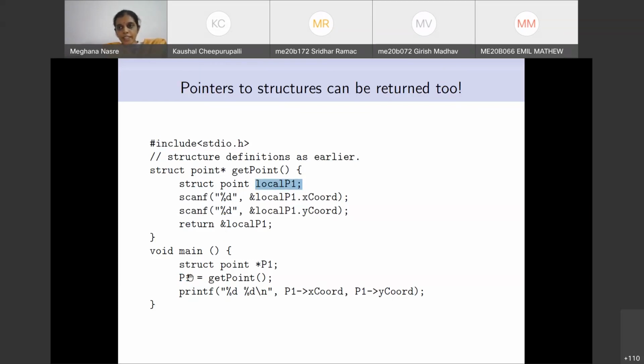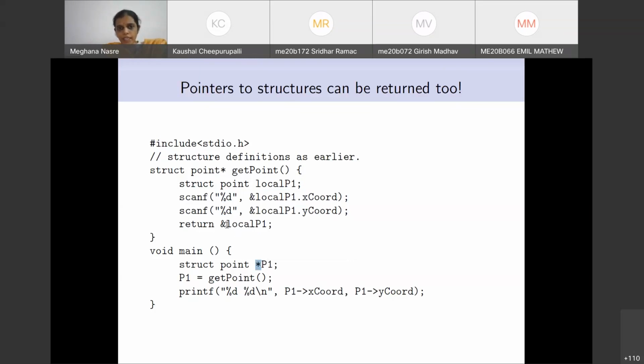Okay, so the question that one of you has asked is, is memory allocated for P1? The memory for the pointer to a struct point is allocated, but nobody has allocated memory to store the x coordinate or the y coordinate. That is correct. So we have not allocated the memory, but anyway, we are not saying that we are going to allocate memory.